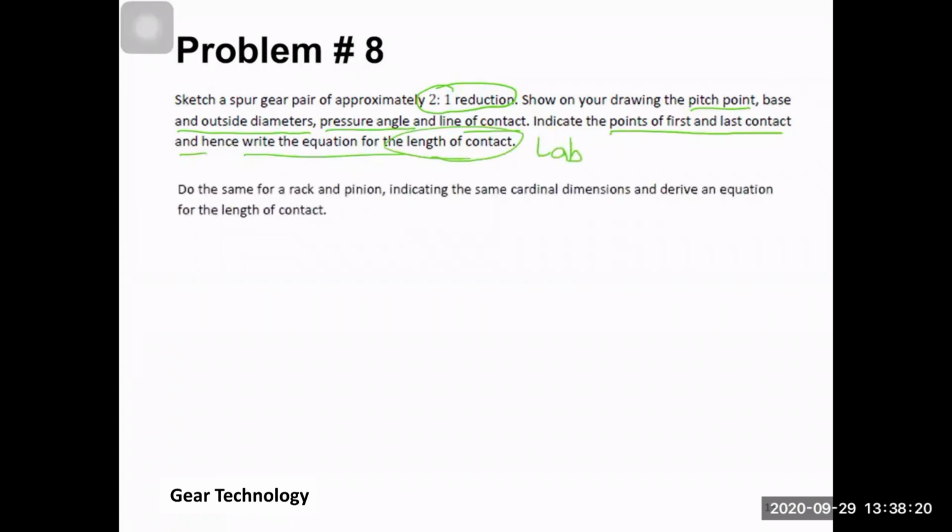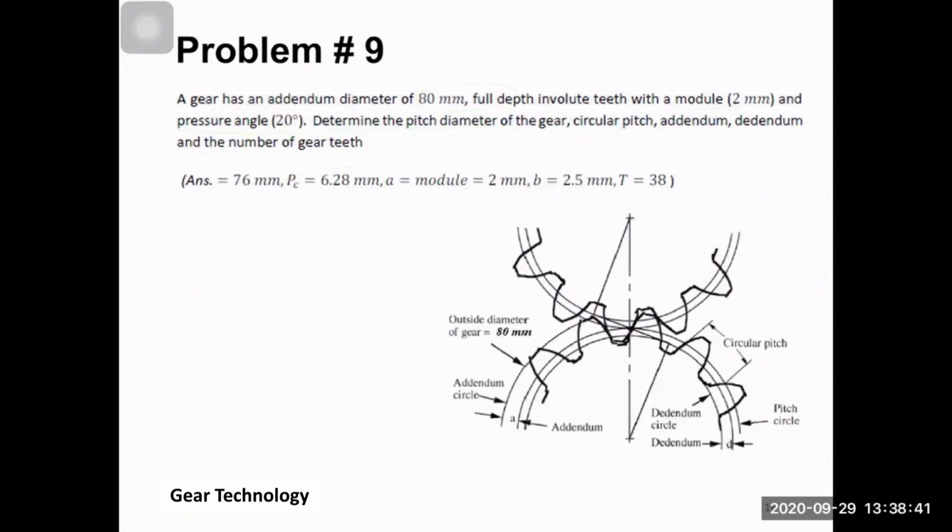You can do the same for a rack and a pinion as well. You just need to do some research on this to find the length of contact for a rack and pinion. So in this problem, it says a gear has an addendum diameter of 80 millimeters. So you see here